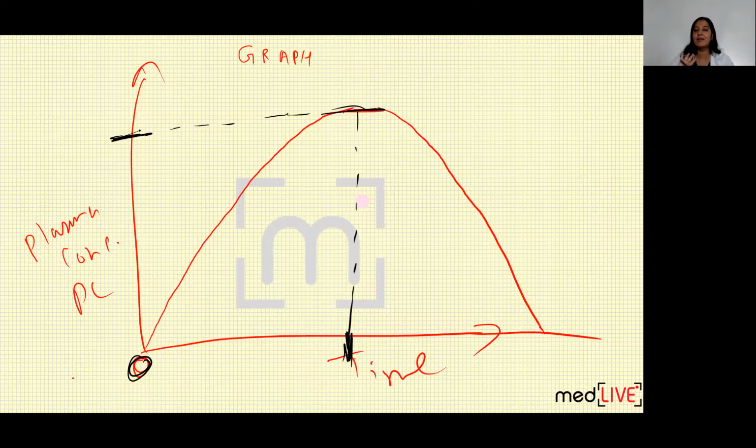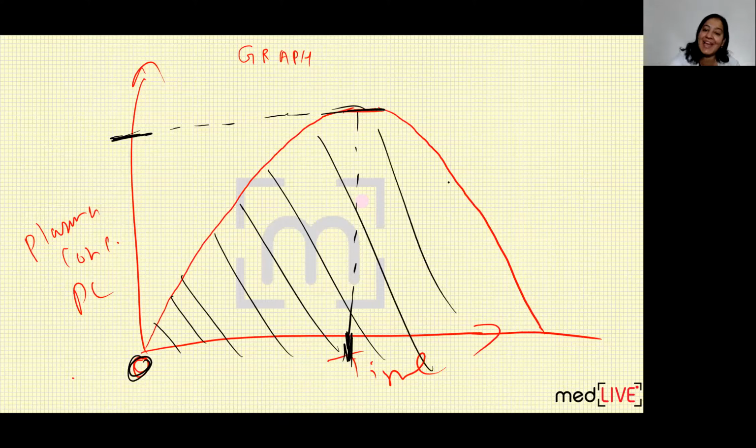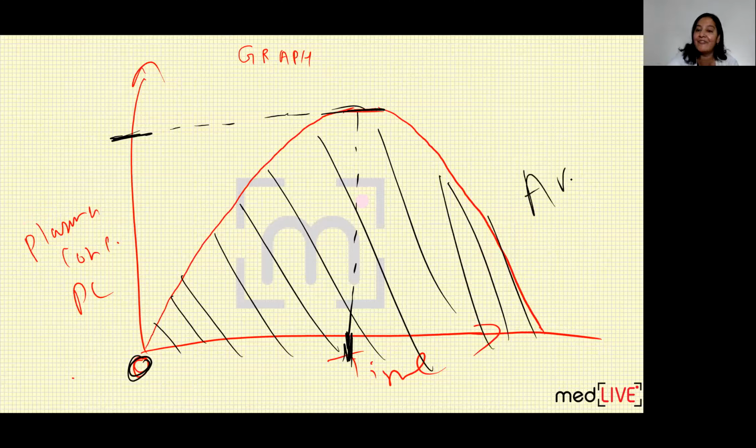I have made this graph. There is a subject in front of me. I have a drug X in my hand. I have given that drug to the subject, and every 5 or 10 minutes, whatever interval I decide, I have taken the plasma of this subject and checked the drug concentration. From zero, it will rise to a maximum, and from the maximum, it will again drop to zero. This graph is in front of me. Now, if I calculate the area of this graph, it will give me the value of bioavailability of that particular drug.